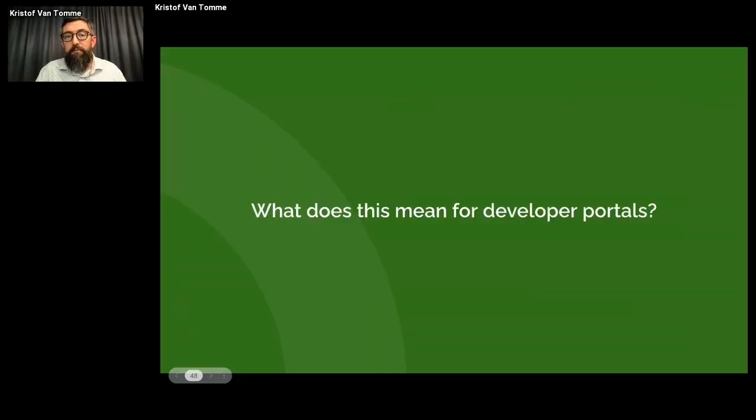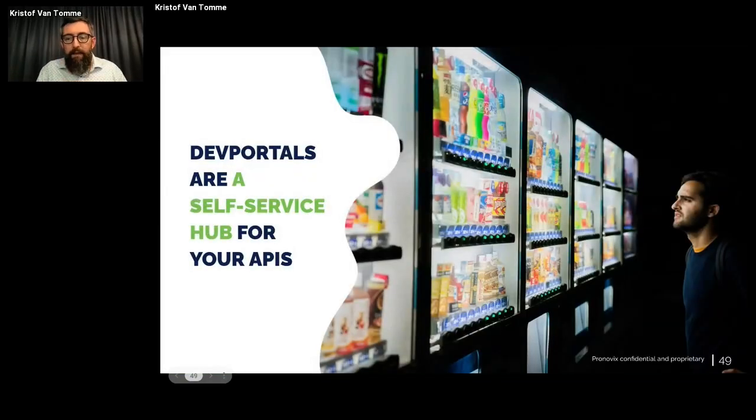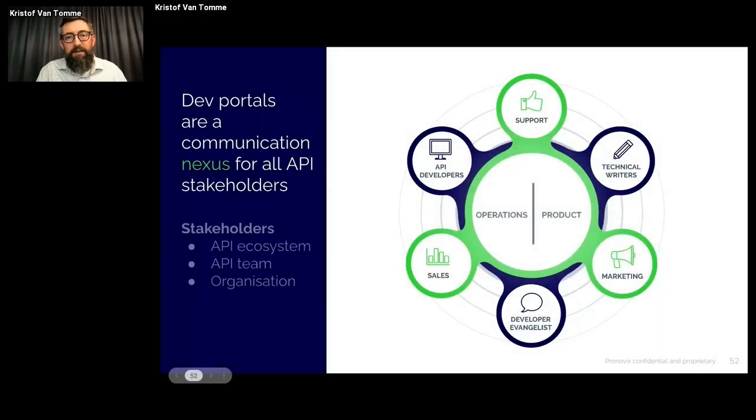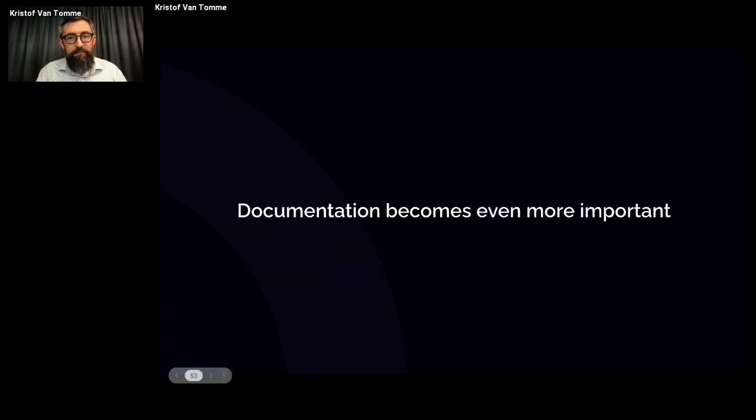What does that mean for developer portals? I went back in time to one of the first strategy presentations that I did. All of these things still hold. Developer portals are still self-service hubs. They're still trust signals. You still want a developer experience by removing friction. There are still all these different audiences that you need to cater to. All of this still holds, but we need to start looking at what is best served with a tool and what's best served with a space. And then what does that mean for the affordances that can be discovered?